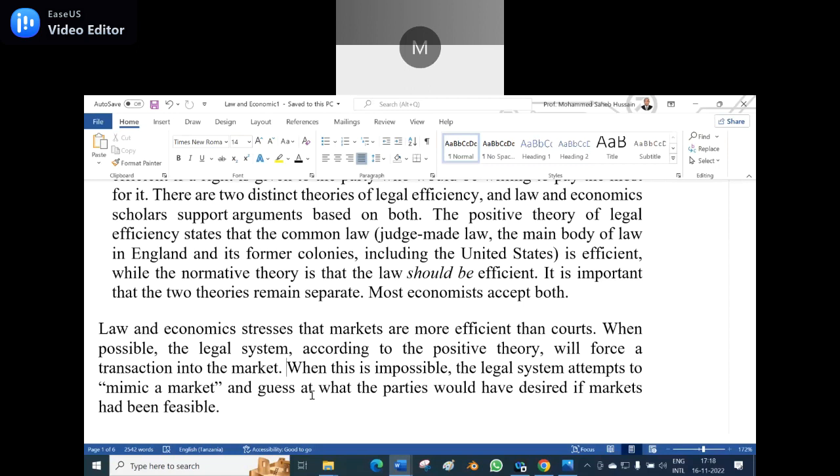The market principle is, if the production is high, the cost is less. If the production is less, the cost is